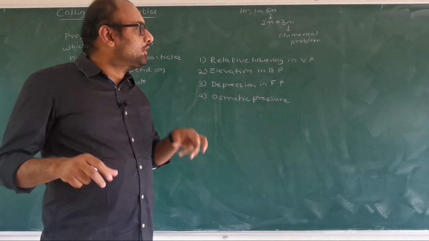Now, the vapor pressure of pure benzene, the pure component, you have to take P naught. So the vapor pressure of pure benzene at a certain temperature is 0.85 bar. A non-volatile solute weighing 0.5 gram, this is the mass of the non-volatile solute, meaning the solute is solid, is added to 39 grams of benzene. So what is the mass of benzene? 39 grams. So benzene is the solvent here, which is present in larger quantity. The solute is present in smaller quantity.